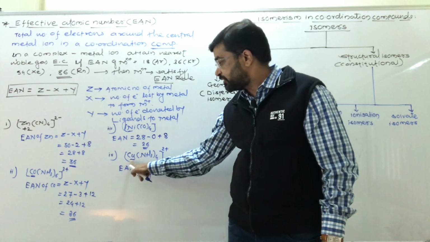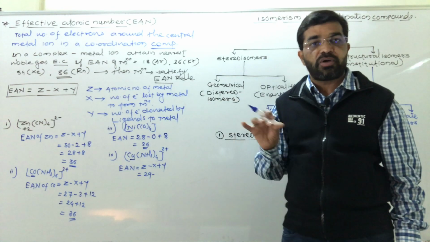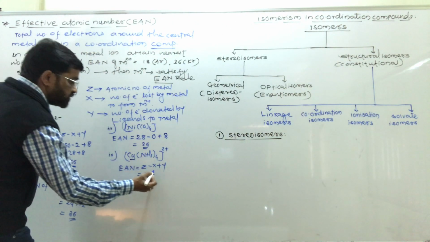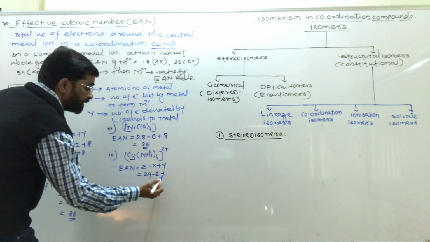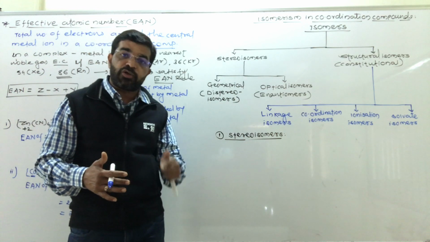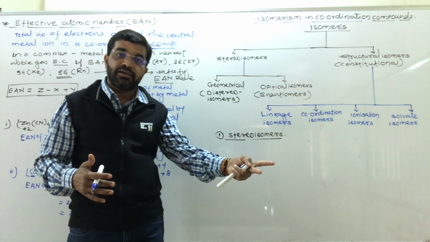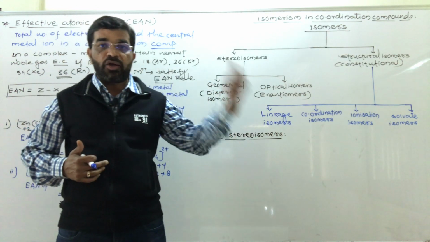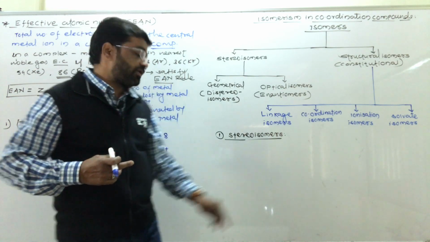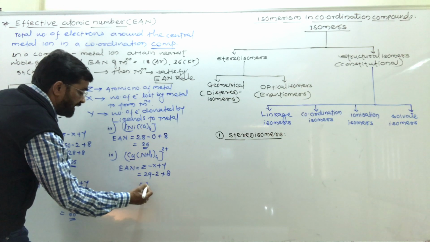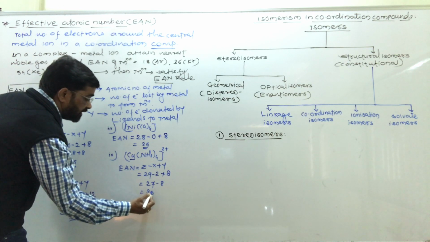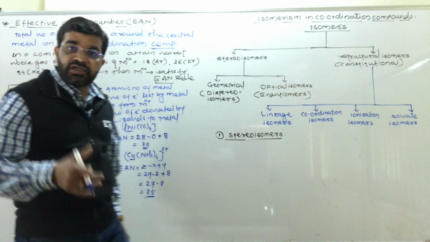It is nothing but the oxidation number of that copper or metal atom or ion, and therefore here it is 29 minus 2 plus 8. 8 क्यों? क्योंकि एक अमोनिया मॉलिक्यूल 1 लोन पेयर ऑफ इलेक्ट्रॉन डोनेट करता है, तो 4 अमोनिया मॉलिक्यूल 8 इलेक्ट्रॉन डोनेट करेंगे, और इसका इफेक्टिव एटॉमिक नंबर will be 35, and 35